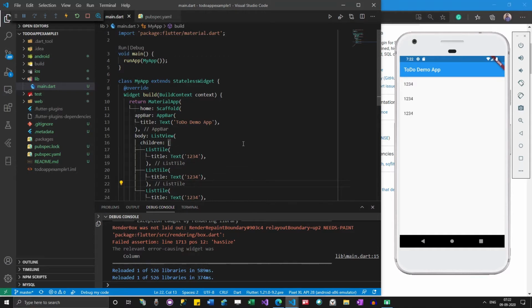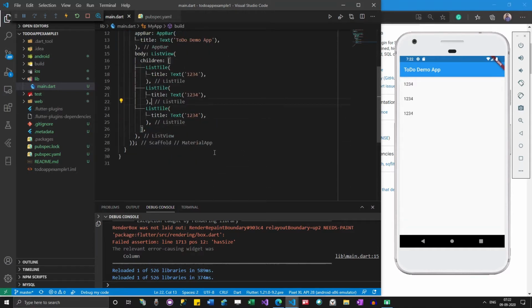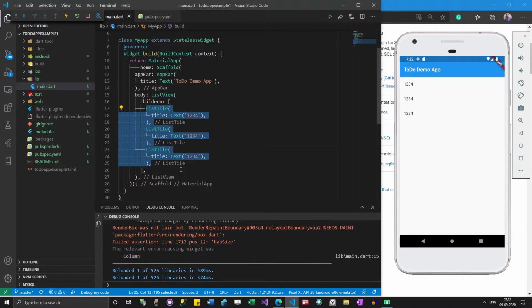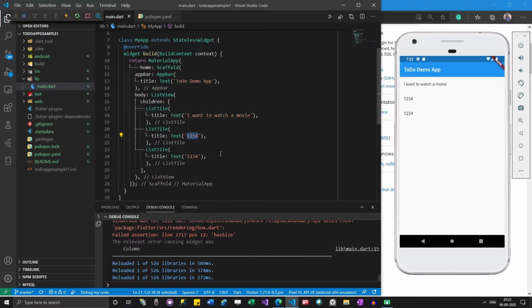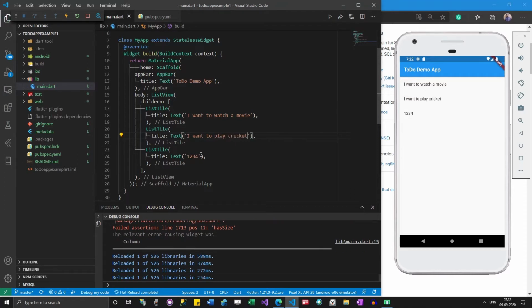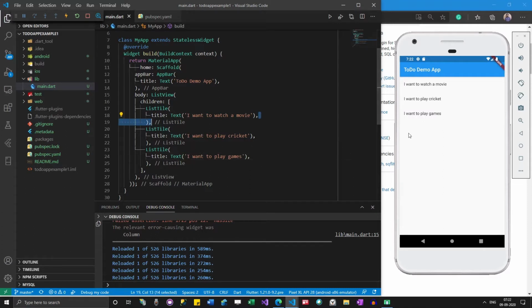So what I will do now is move this list style code. For example, there are some items like this: I want to watch a movie, I want to play cricket, I want to play games. So basically in the user interface what we have got is a list of to-do items.